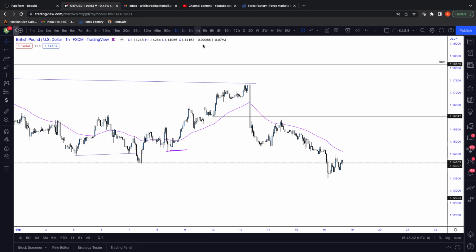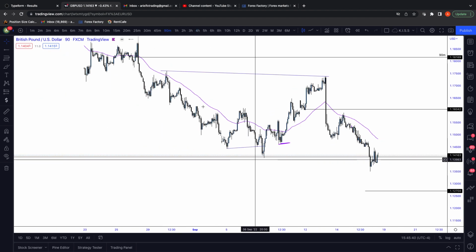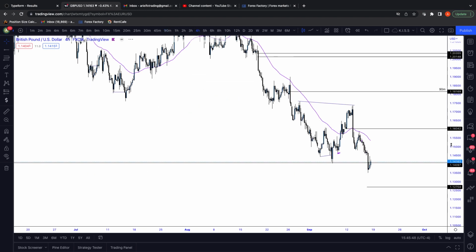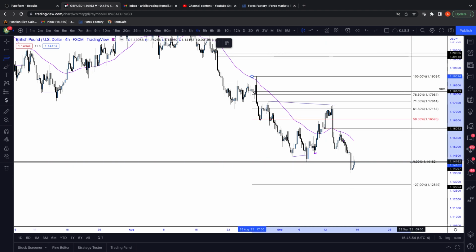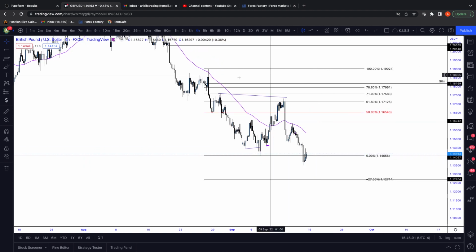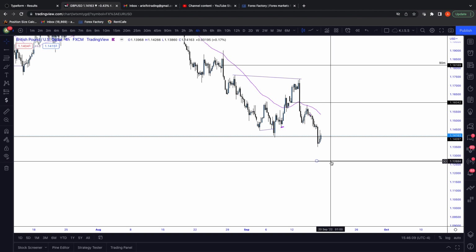GBPUSD is another one. We wanted to trade up into that 90-minute supply, right up into here. We never did get that. This was about as high as we went last week. And you can look at this as a fib move. If you fib that, you can see that we traded nicely into the 61.8 right here. I'm looking at the negative 27 as targets before we might then see an overall retracement up into that 90-minute. All right, and so looking at continuations lower, and then we'll reassess as we hit that negative 27,